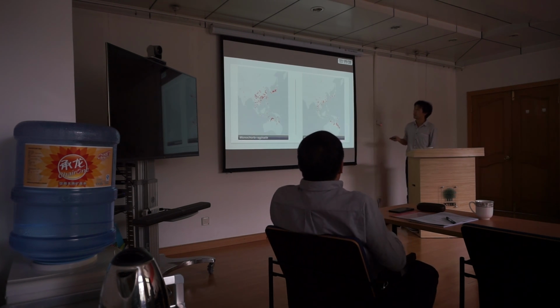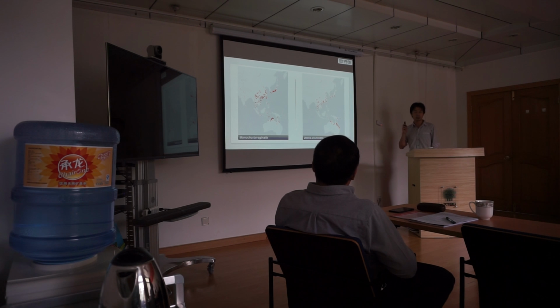And here is the distribution map of the widespread species, Monochoria vaginalis and Ottelia alismoides. The map is based on herbarium specimen records, like those at the Missouri Botanical Garden or New York Botanical Garden, or in Japan, Tokyo University or somewhere. So I think these dots mostly reflect the entire distribution of these species.